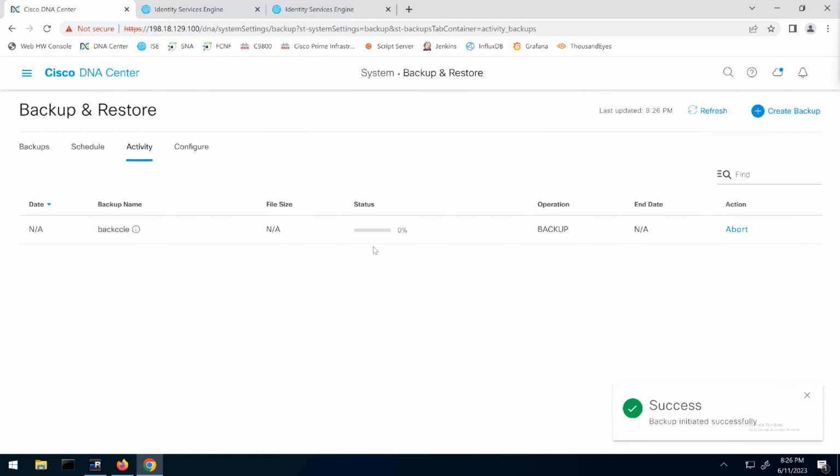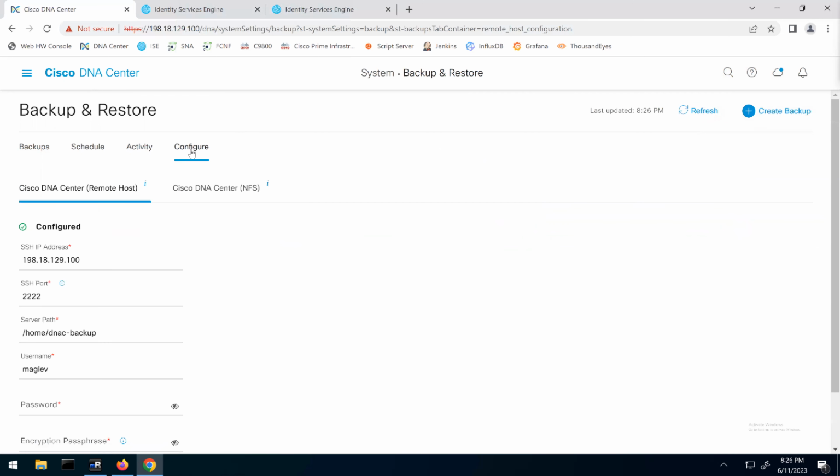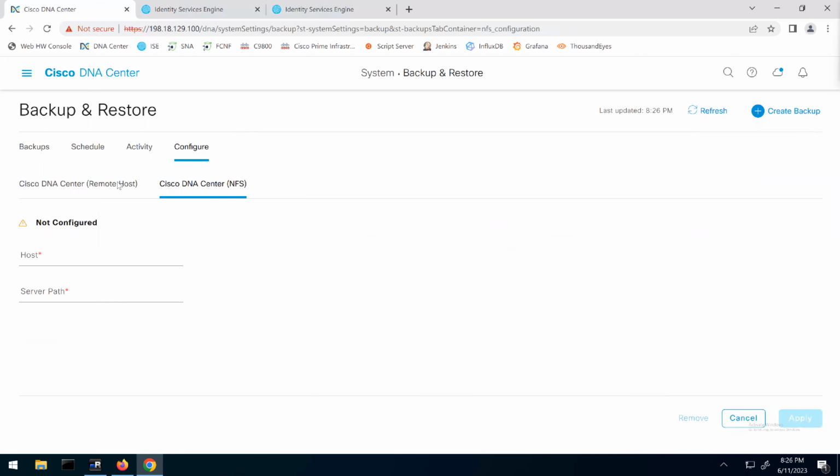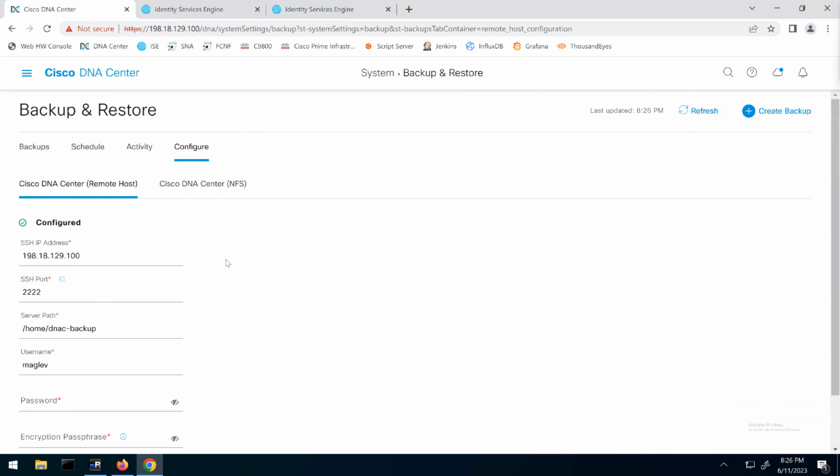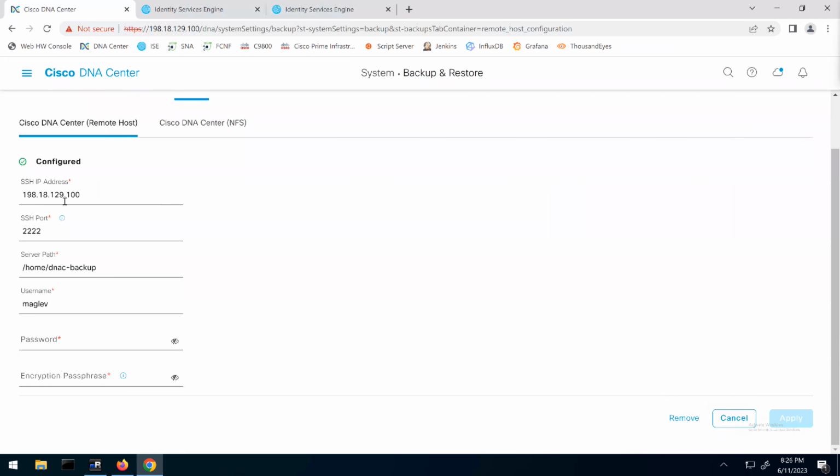Now you can see now itself it will start to take the backup, but where it is taking the backup, where you have already defined the backup servers and all. So can we go and define it? Yes, you can see in the configuration section, DNA remote host. We have two options, DNS and NFS. Remote host, you can see this particular IP is actually its own IP. This is the maglab port number,